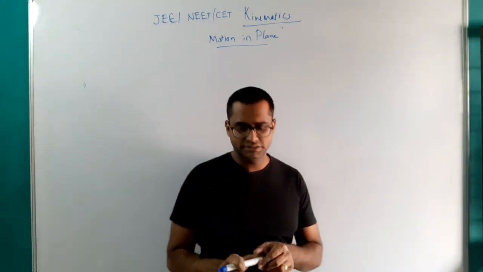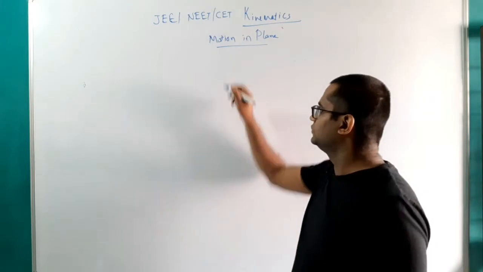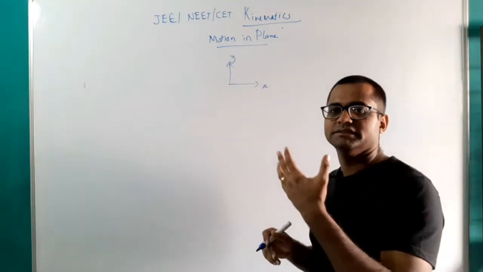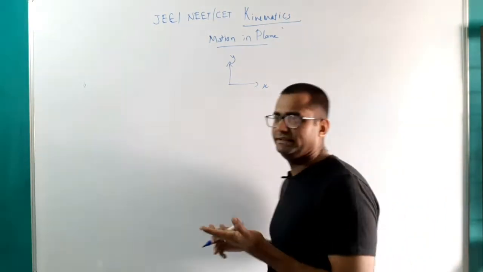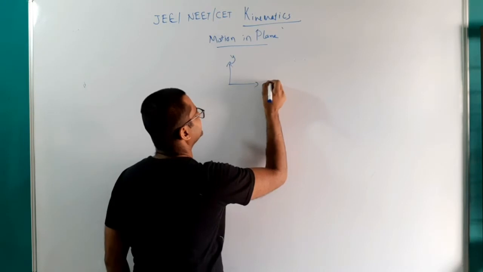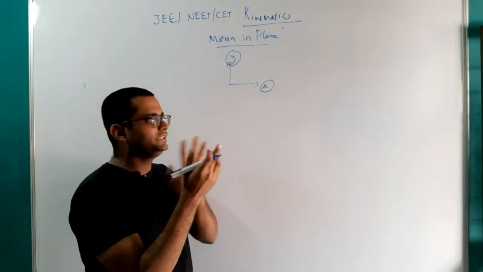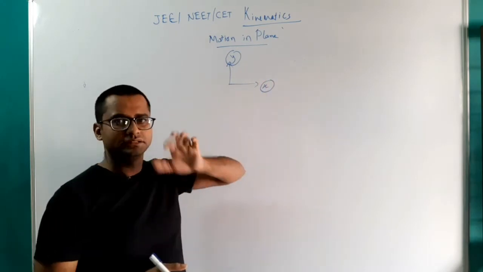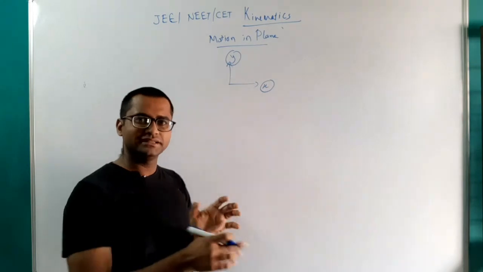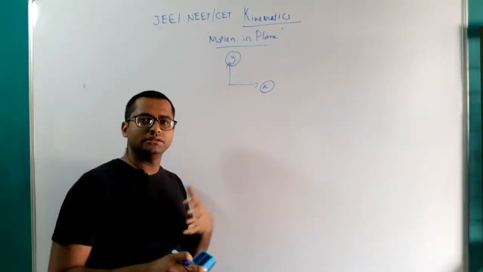So from our discussion, what we can say is we can split any motion which is in the xy plane, or simply motion in a plane, as separate motions in x and y. So we can just simply add motions. Again, the addition will be vector addition, with motion in x separately and motion in y separately. We can treat them separately, and from that we can find all the parameters.